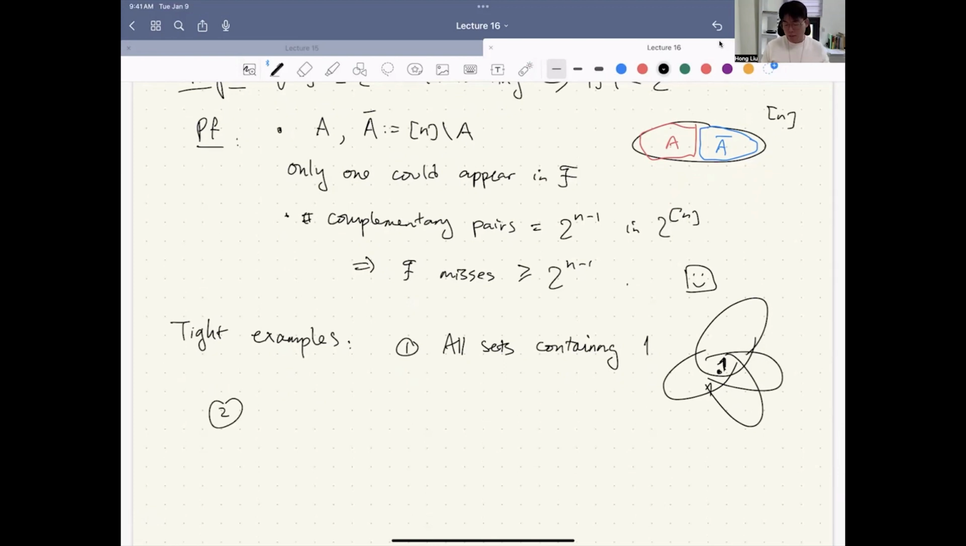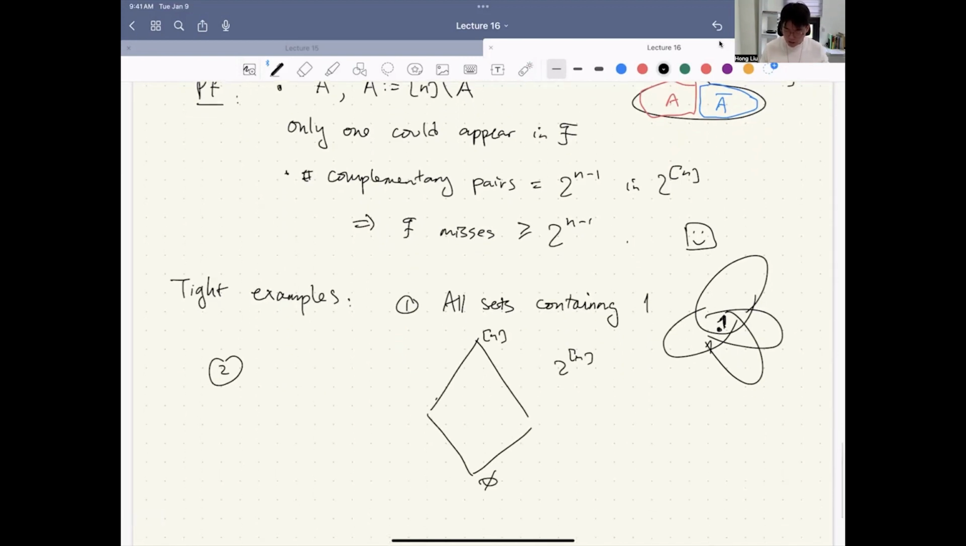Second example is, so if you think of the 2 to the n as this Boolean lattice, the bottom is the empty set, the top is all sets. You can take all the upper half. Let me see. If n is 2k,